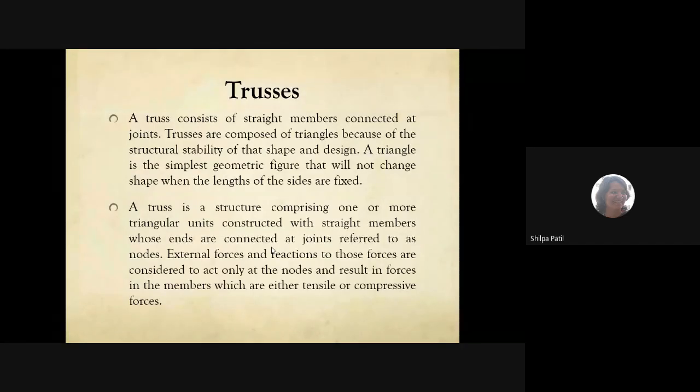So each and every joint of a truss is termed as a hinge joint or a pinned connection. And because of this, the forces developed in the member are always the axial forces. Because the joint can rotate, not move, it can rotate. So the members are not carrying any moment. Okay, the members are only carrying the axial forces. This is the most important assumption made in the truss system.